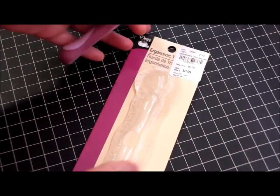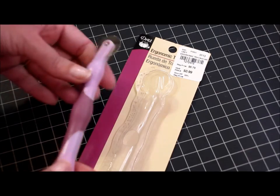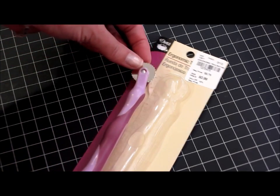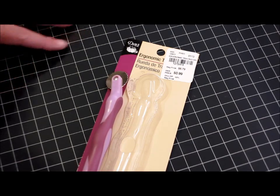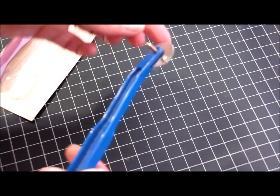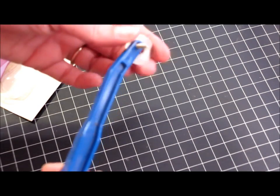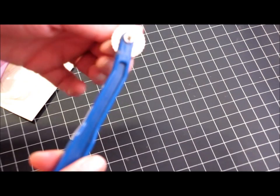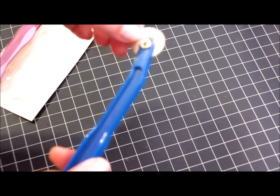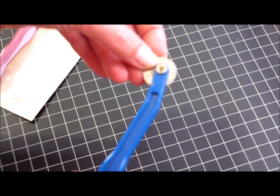And then I also found while I was there this ergonomic tracing wheel. And a tracing wheel is what I use on all my papercraft projects to give a faux sewing line, a faux stitch line. And so this one I thought was fun because it has an ergonomic handle. Ooh! But for 99 cents, I'll take it home. This is the one I use currently, and I have used it so much I actually broke the little rivet that holds the wheel in place, and so I had to improvise and add this little screw to keep the wheel in there. But I have used it so much that I've actually worn the aluminum, or the